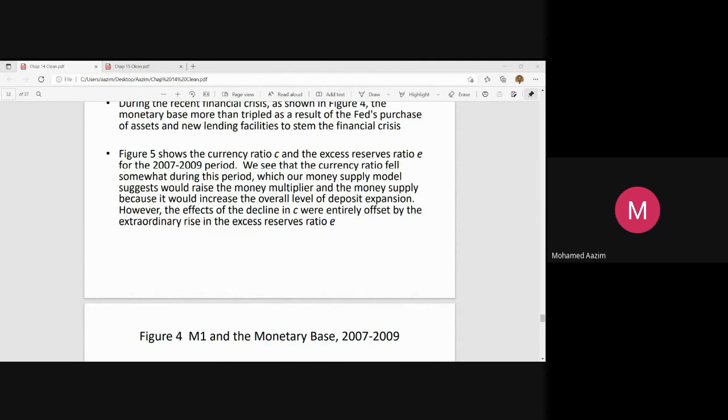So the excess reserves expanded, and that acted against the expansion of money supply, although the policymakers did everything to expand the monetary base, expecting overall economic activities to recover fast. Of course, that happened, but with a lag. So we'll see that